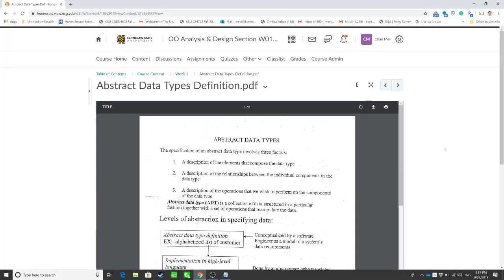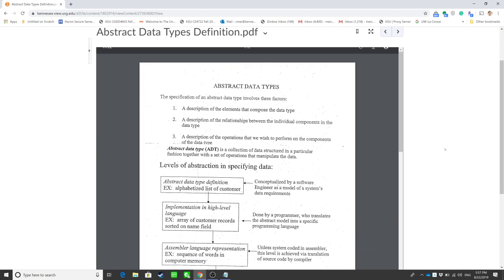Now let's go here. When we want to specify an abstract data type, there are three factors we need to define. First is a description of the elements that compose the data type. Description of the elements. Like,